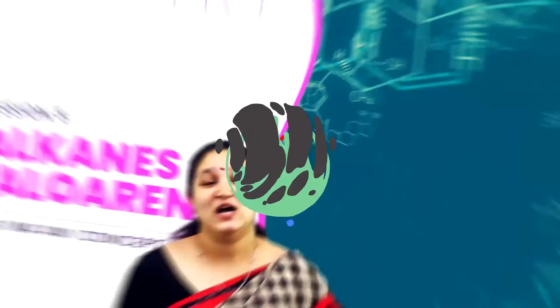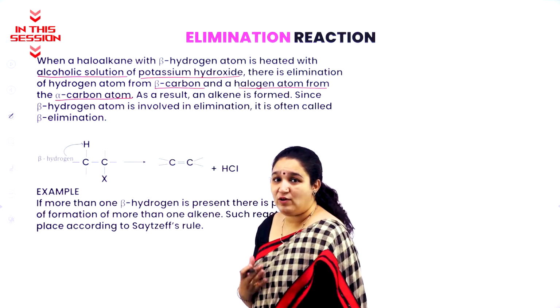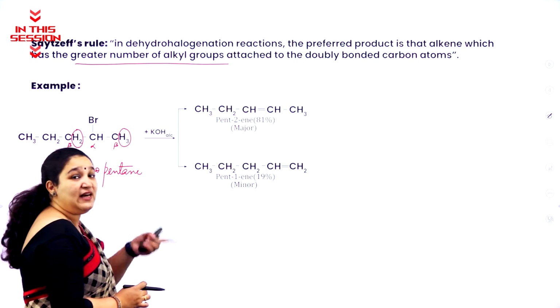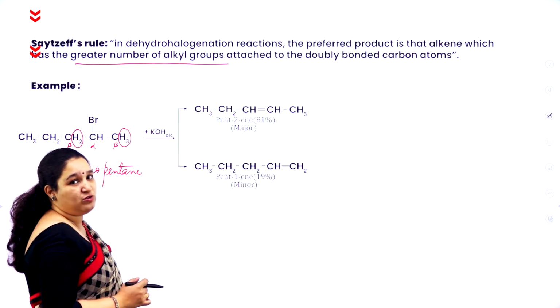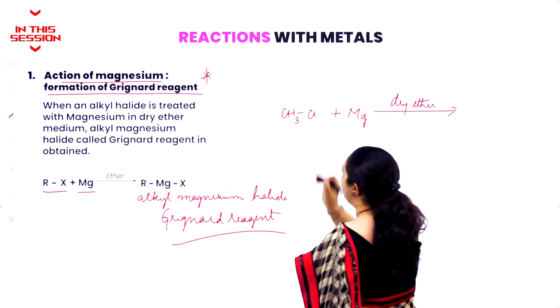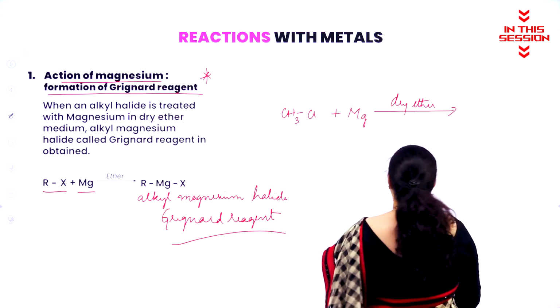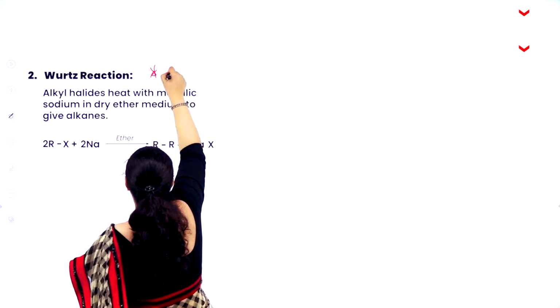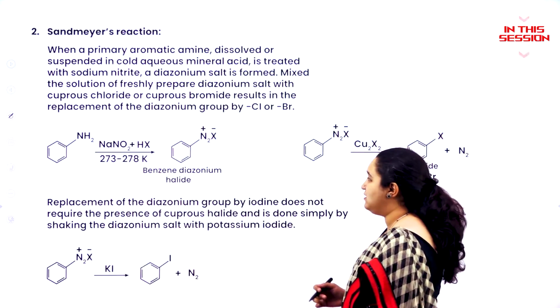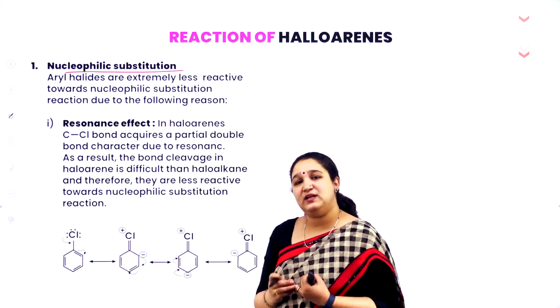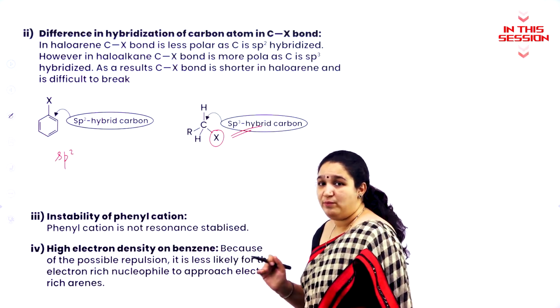Hello my dear students. So what is the meaning of this statement? What is it? Less number of hydrogen. What will happen? Magnesium will come in between the alkyl group and the halogen to give very important Sandmeyer's reaction. This is important, as well as we learnt SN1 and SN2 mechanism. The bond is very easy to break over here.